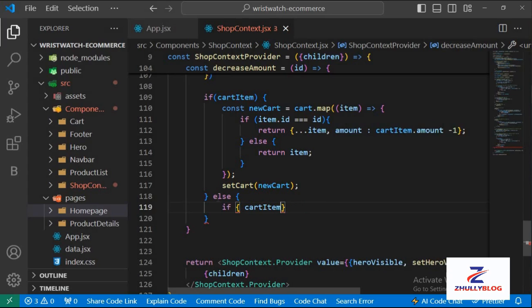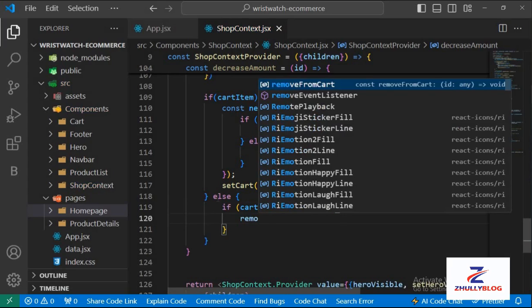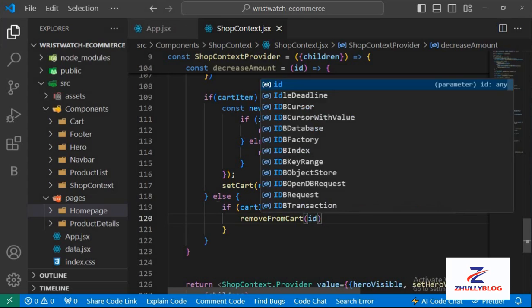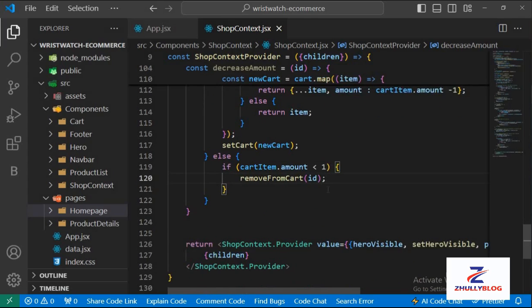Oh, sorry, this should be in brackets. If the cartItem amount is less than 2, I'm calling the removeFromCart function. What this means is that if the amount of item in our cart is less than 1, we want to remove the entire